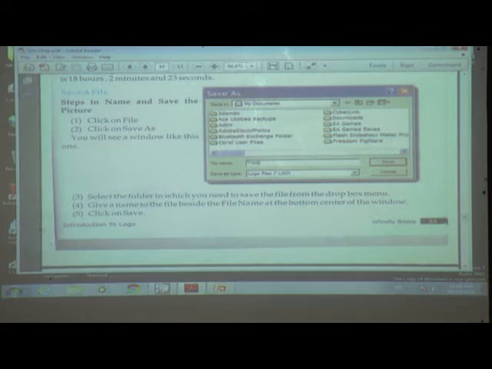Then give the name to the file beside the file name at the bottom center of the window, and then click on save. This procedure we have discussed now. Click on the file button, then click on the save button, then select the path. Then afterwards give the name to the file. And the last step is click on save. Clear?